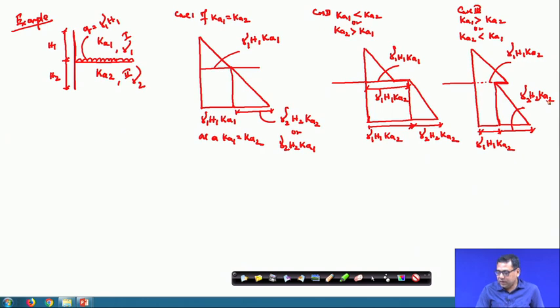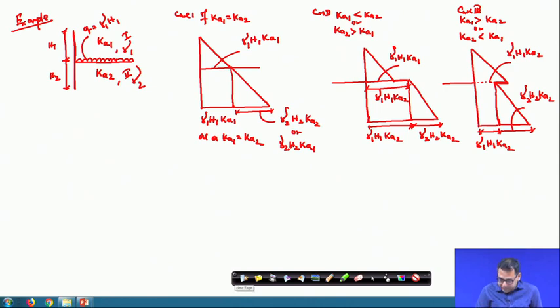So, these three figures are very important. Remember these three cases: with a change in K value, you cannot always draw the stress diagram the same way. It can be this one, it can be this one, or it can be this one. I will show later on how I will calculate the forces and the point of application, but this is the earth pressure diagram for these three cases.